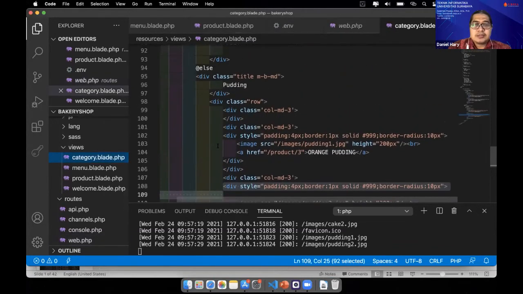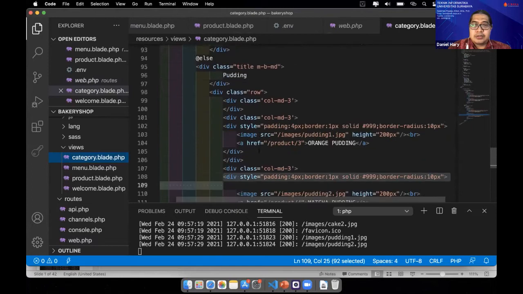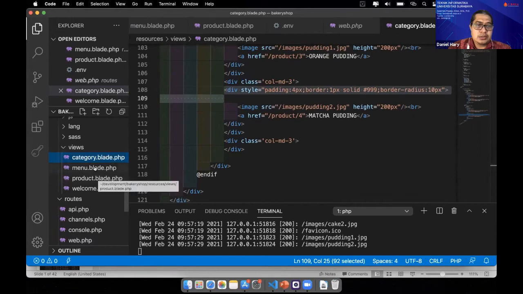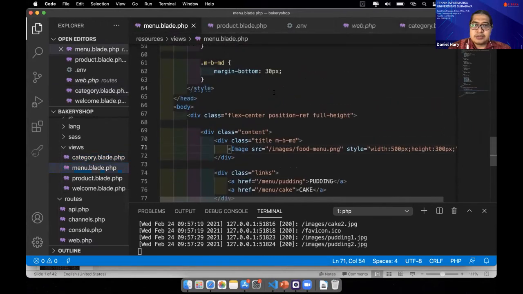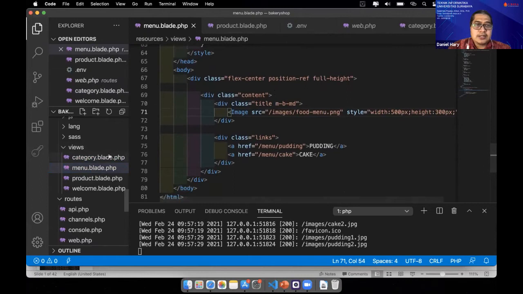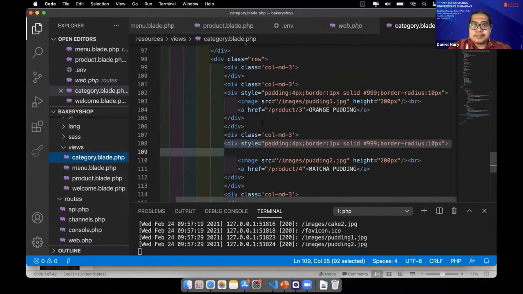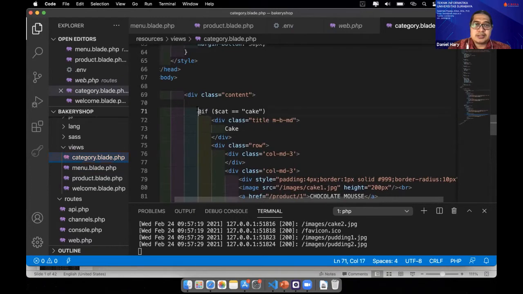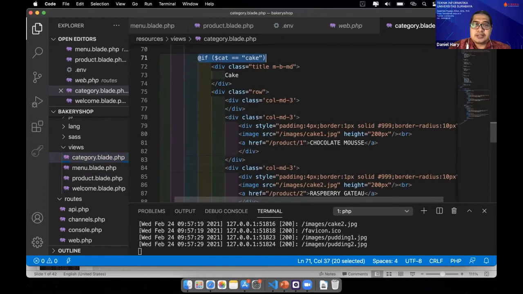But you already created the category menu. This is the menu, and the category you already created with a blade template here. If category equals cake, you put a cake here.